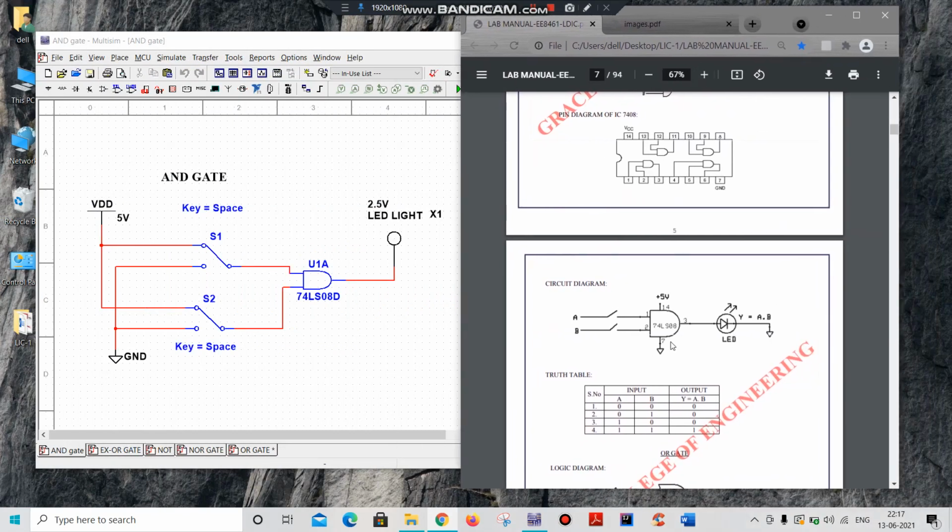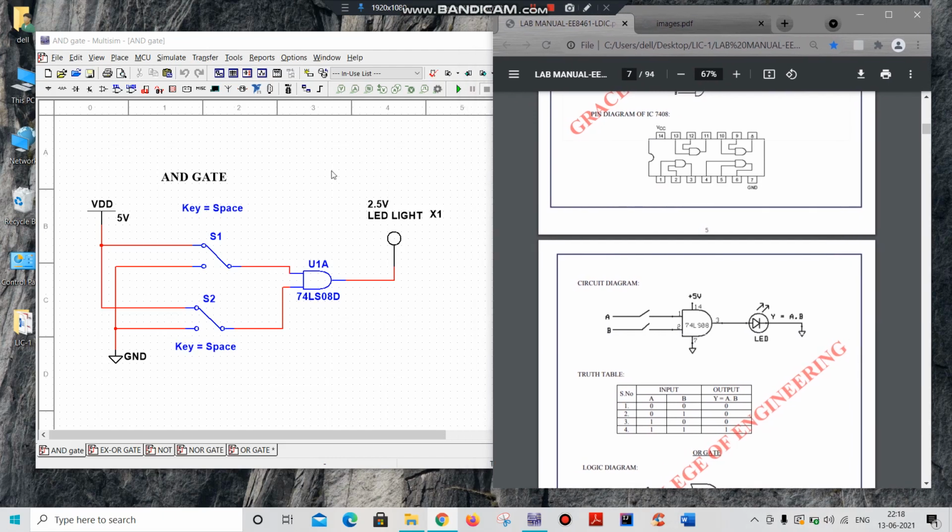With the help of my circuit diagram, I construct this circuit in Multisim. For getting these components, for input I am taking two switches S1 and S2, and for the output LED I am taking a probe, an LED probe, and then I am taking the AND gate 74LS08.